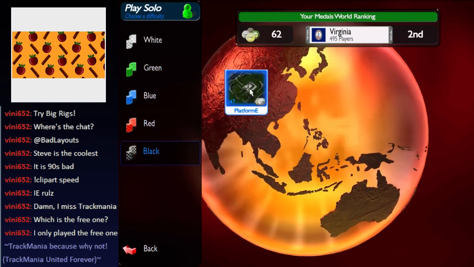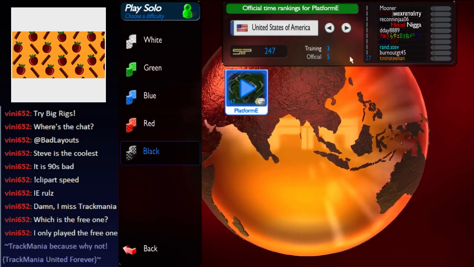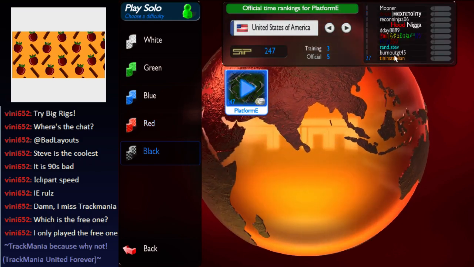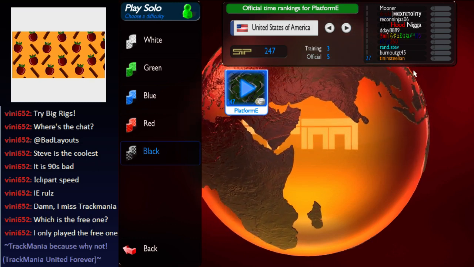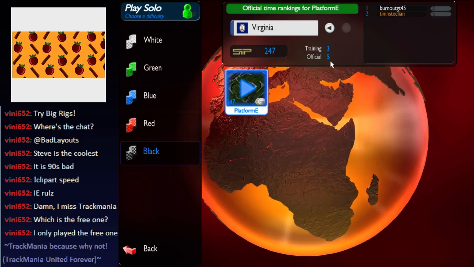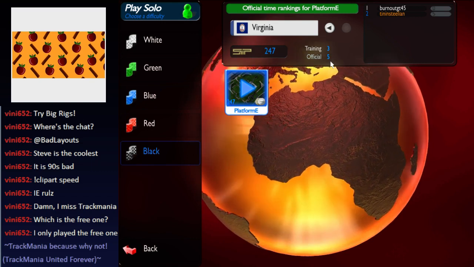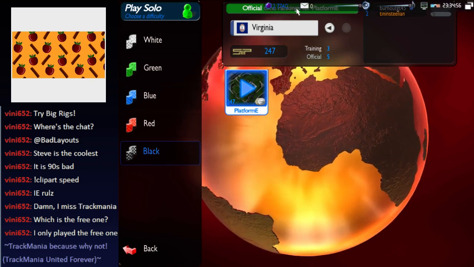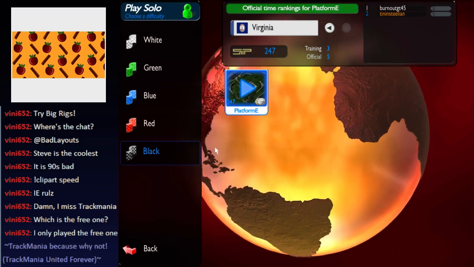Platinum, I've gotten a silver on the last track, a gold on all the others, because this one's really difficult, as you can see. Well, you can't see, but there are only 9 people in the US who have done it in 0 attempts. My best is 3, but officially 5, because only official runs count, and you have to pay coppers to do that, like 5 coppers per run. And I have 2,700, but